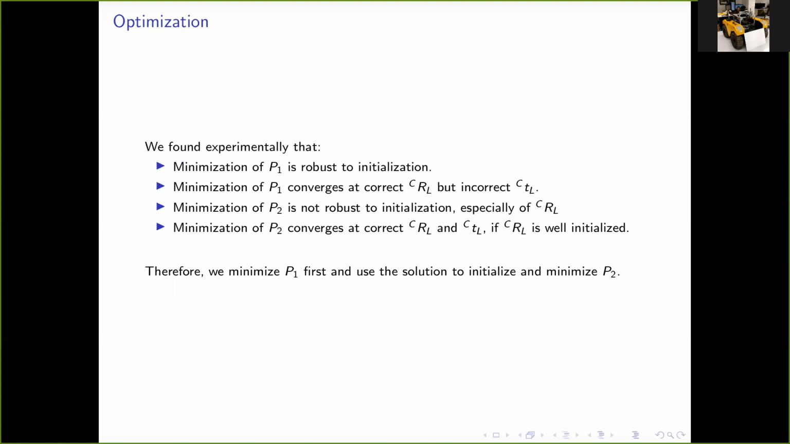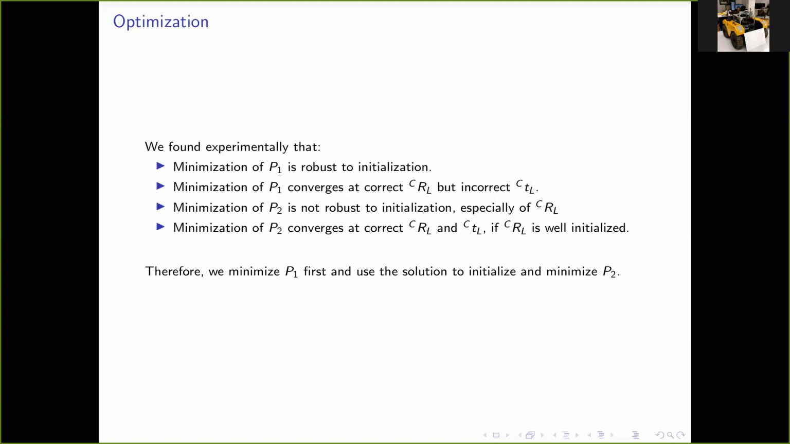Now, we have two cost functions, P1 and P2. We can either use them separately or together or one after the other to obtain an estimate of the unknown extrinsic calibration parameters. In order to determine the correct way of using these cost functions, we ran some experiments and